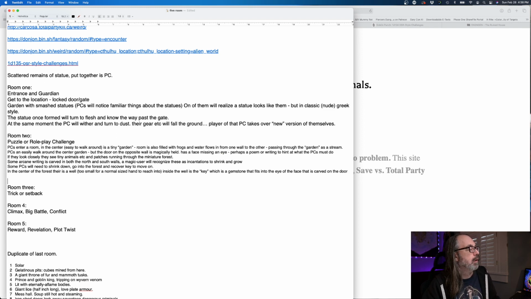Okay. And again, guys, I think what's important when you're making a dungeon, just in general, forget about 5-room dungeons, is that you are open-minded, right? So if there's this face on this wall and it's missing an eye, and the poem says something like, replace my eye and you won't die, or whatever you're going to put there, and the players just come up with something cool, it should still work. So I'm thinking that there's this key at the bottom, but if they figure out another way to do it, more power to them, right? You don't want to restrict them. Ultimately, they just need to fill this eye with an appropriate